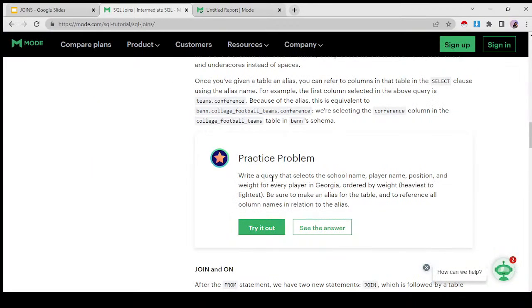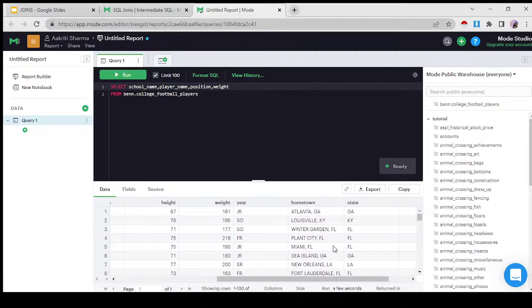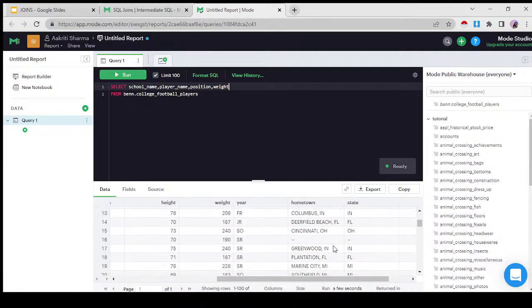Now what else we want is for every player in Georgia. Okay, what is the code for Georgia though? I don't know if there's someone from America in the live stream, please let me know or I'll Google it. So as a data analyst, as anyone in the software industry, you'd have to Google a lot. Don't think you're cheating or doing anything bad just because you're copying. So yeah, I just searched Georgia state abbreviation and it's GA. So let's go.